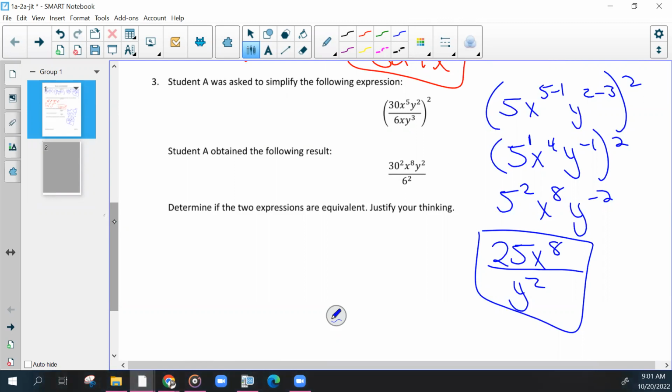I think it's negative 1 for the y because it's 2 minus 3. 2 minus 3 would be 1. That would be negative. I think that may also be how they got the positive. So actual numbers you divide if they don't have like bases.